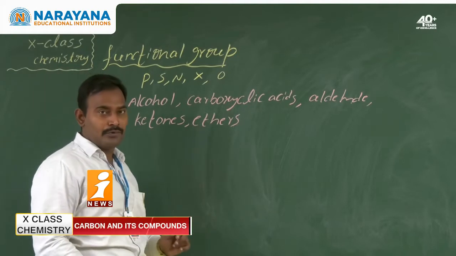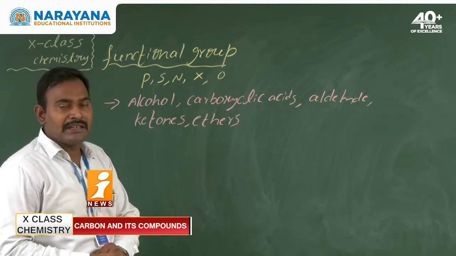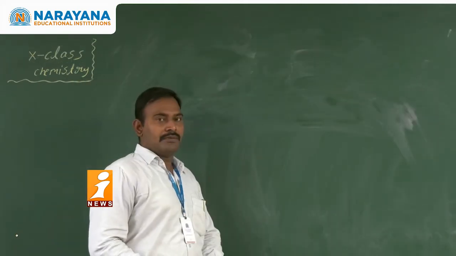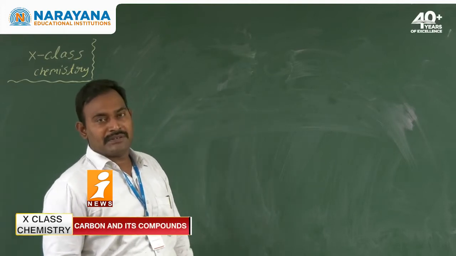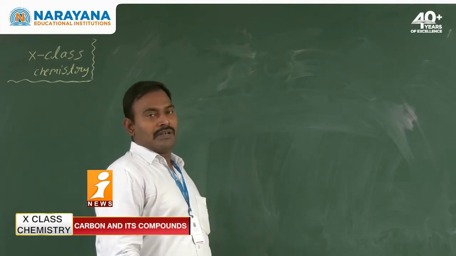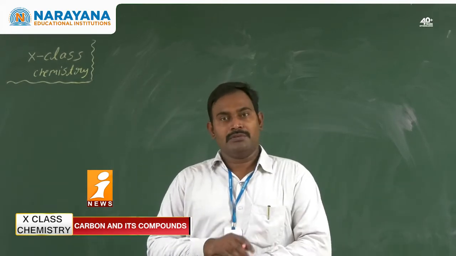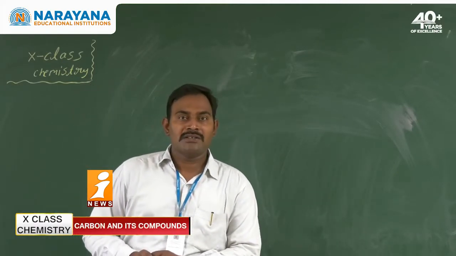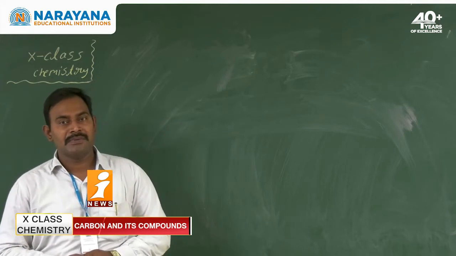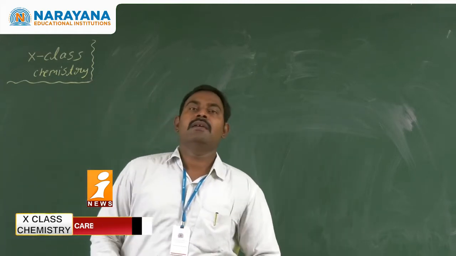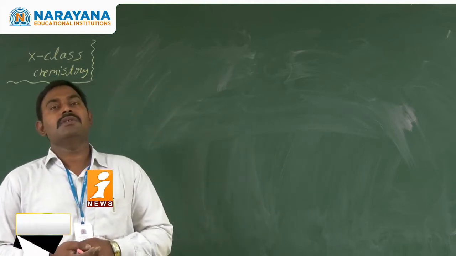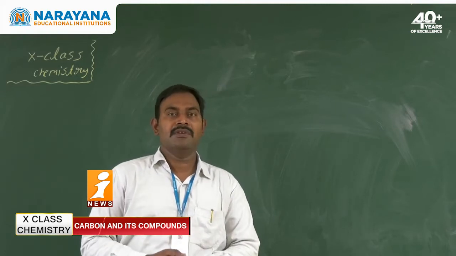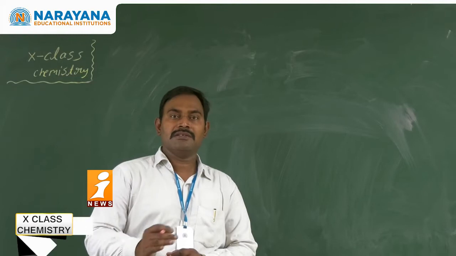Now we are going to discuss the prefix and suffix names of the different types of functional groups. If a compound contains two or more functional groups, then only one functional group is considered as the secondary suffix according to the priority order, and all the remaining functional groups are considered as substituents. For those we add the prefix name, and for the secondary suffix we add the suffix name.